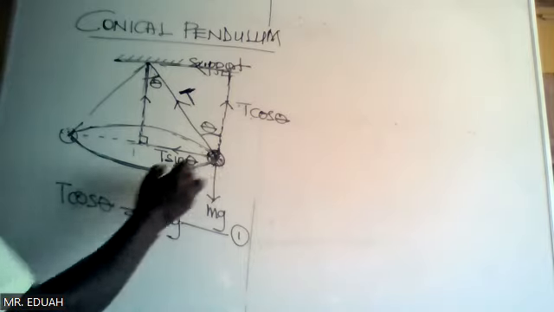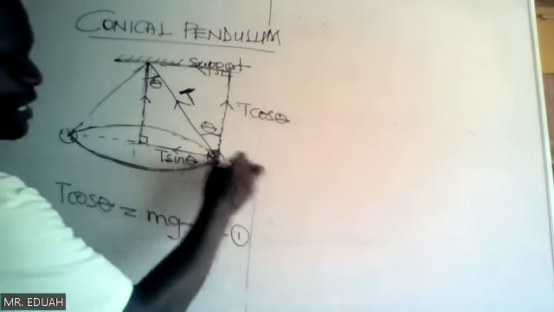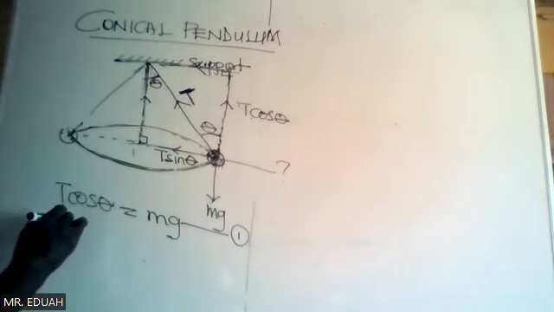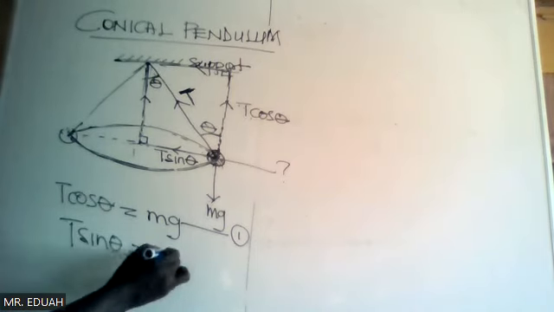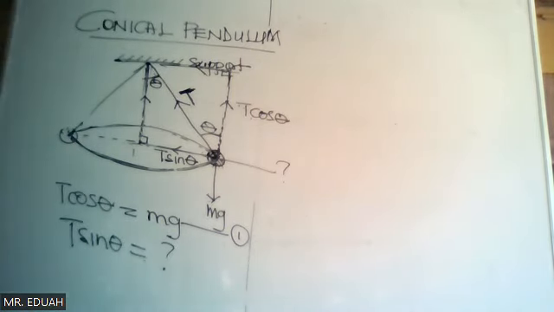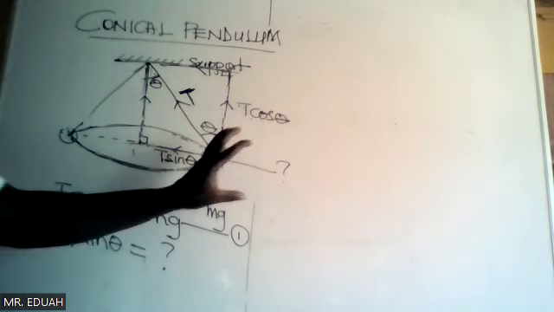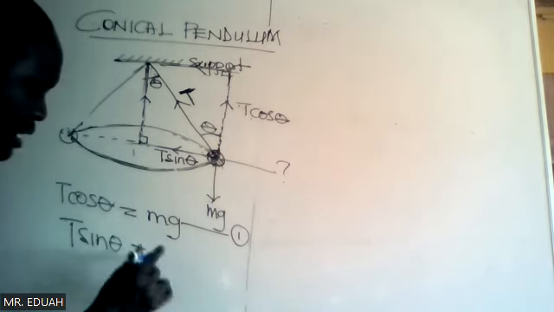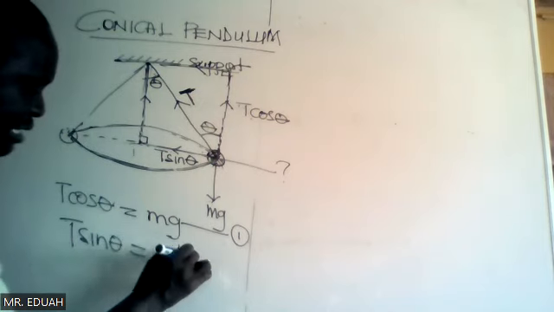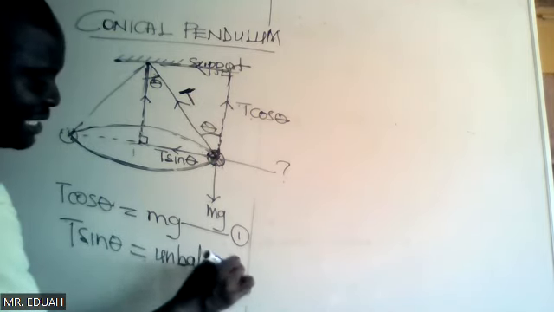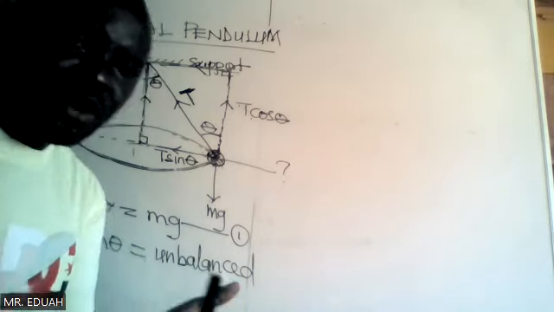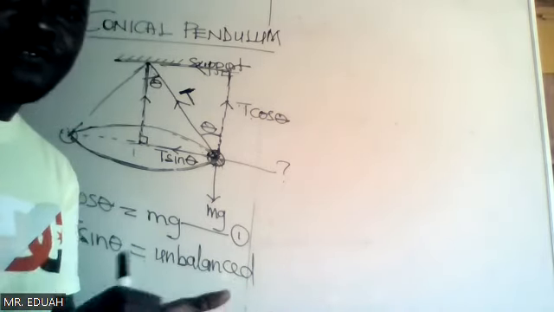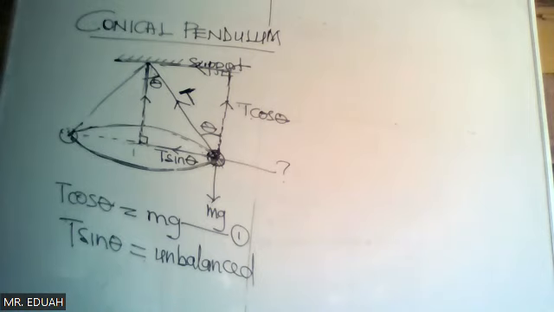Then in horizontal equilibrium, the T sine theta component is unbalanced. There is no balancer at the other end. Whenever there is an unbalanced force, a net force, or a resultant force, it brings